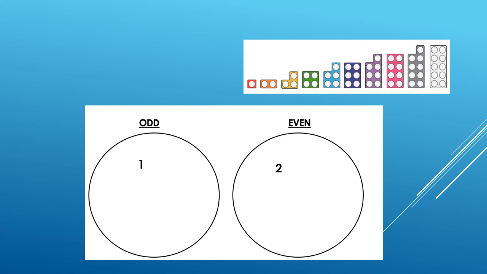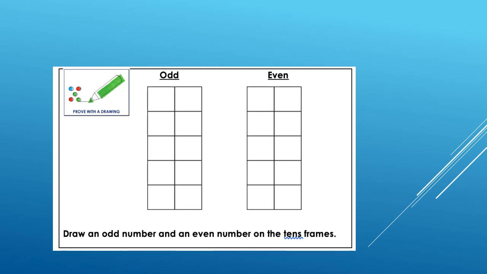We've also been learning about double-digit numbers and how we can see whether they're odd or even. Why don't you challenge yourselves to see if you can pick a two-digit number and tell your parent whether it is odd or even? Once you've finished, can you prove with the drawing? Can you draw an odd number and an even number on the tens frames? Now, all you need to do is draw the tens frame on your piece of paper, and you can prove it by drawing the correct number in odd